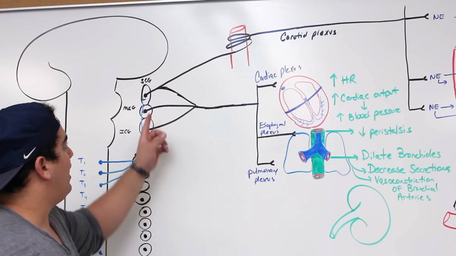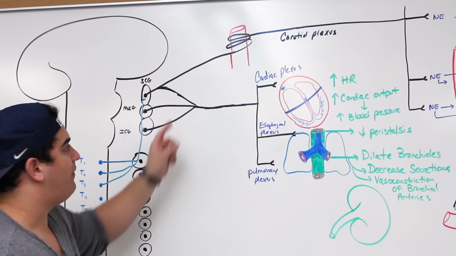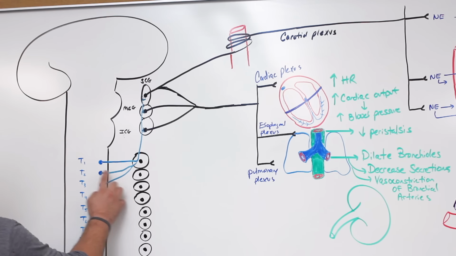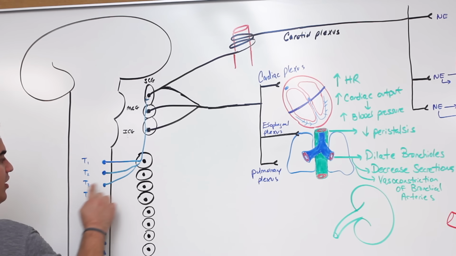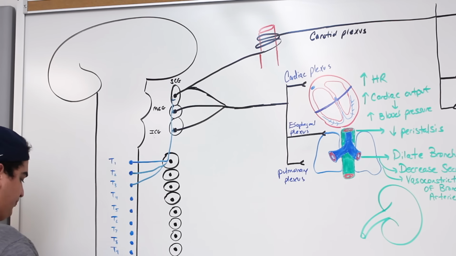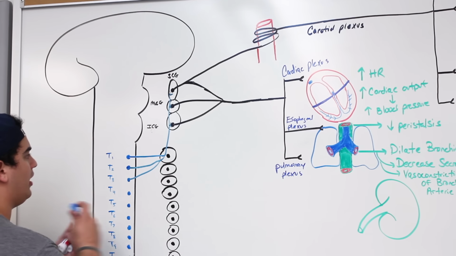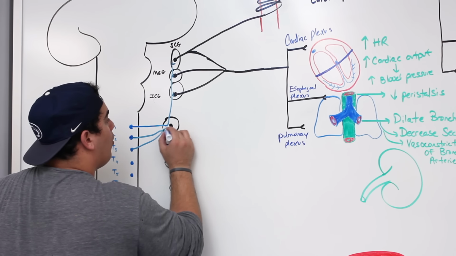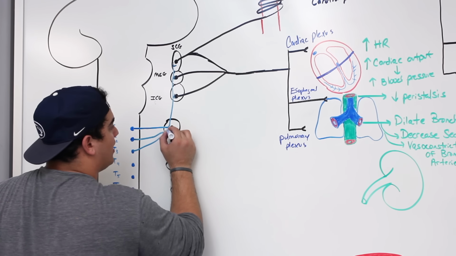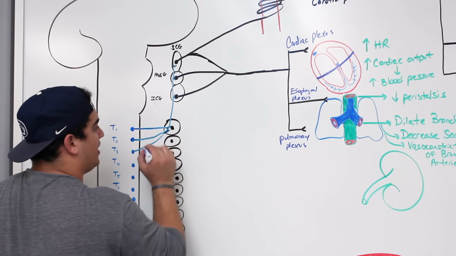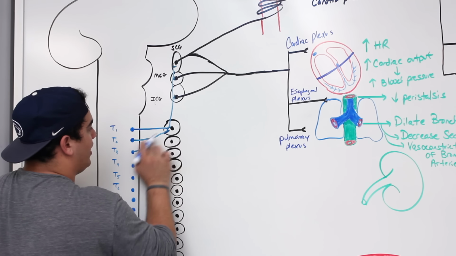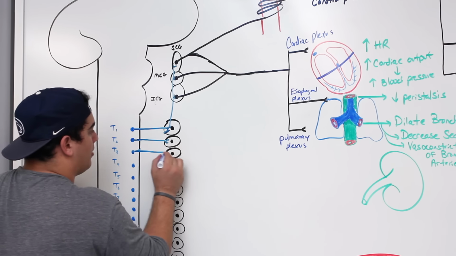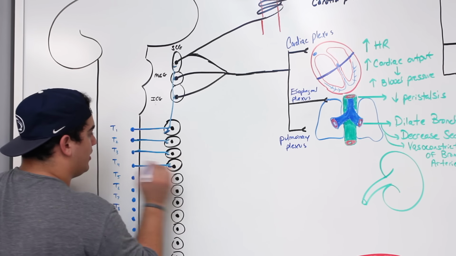So I said that it was mainly coming from the superior, middle, and inferior. That's not always the case. There's also other contributions. Remember I said here that there was T1, T2, T3, right? Well, guess what else? You can have these fibers that can actually go straight up here, or they can come and synapse in this area. So let's say that it actually synapses here, or this guy comes over here. So let's say now that it comes here and synapses, or it comes here and synapses, comes here and synapses,